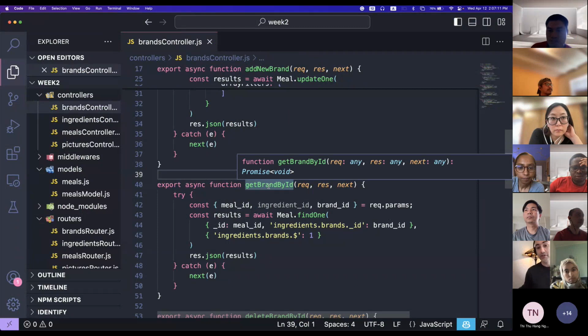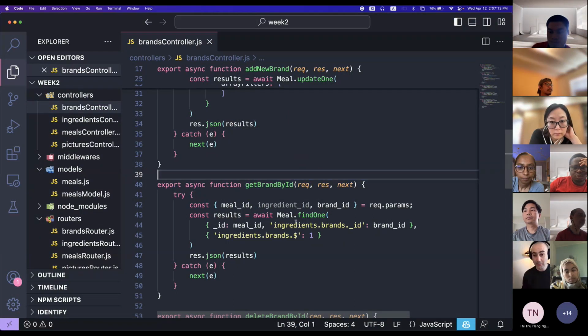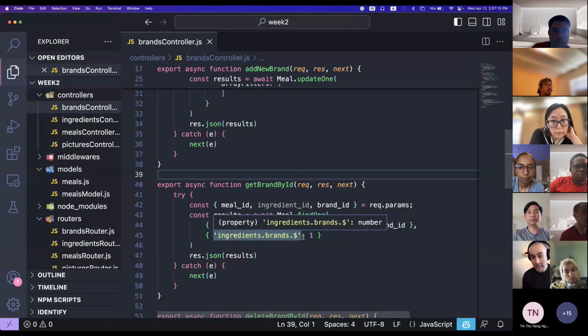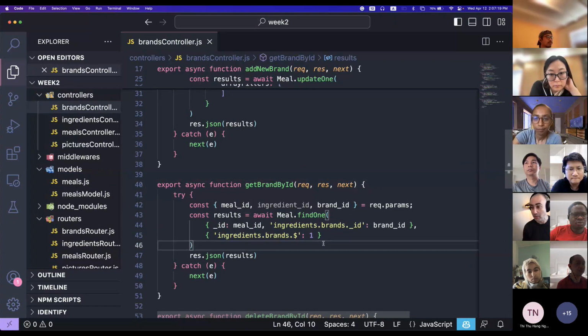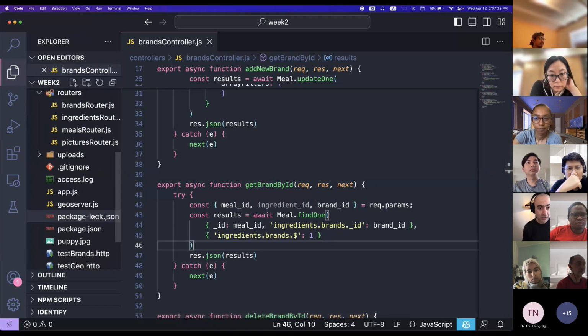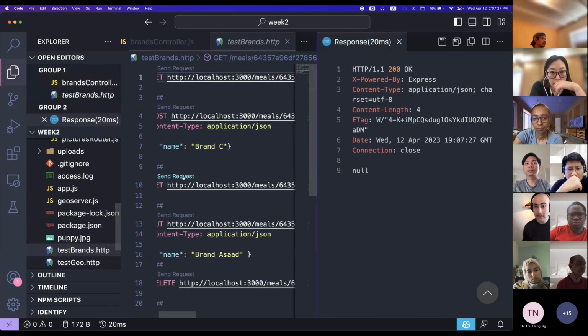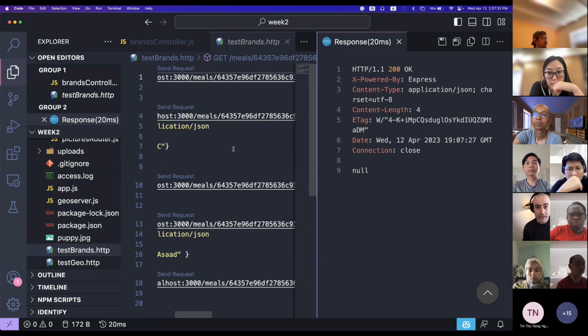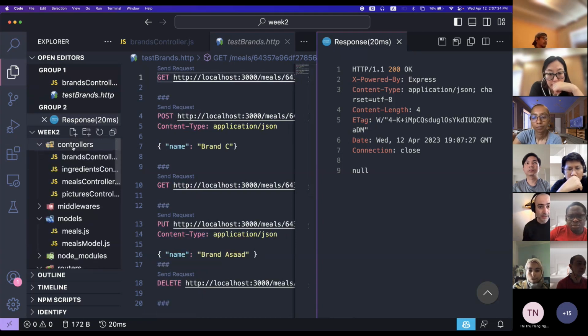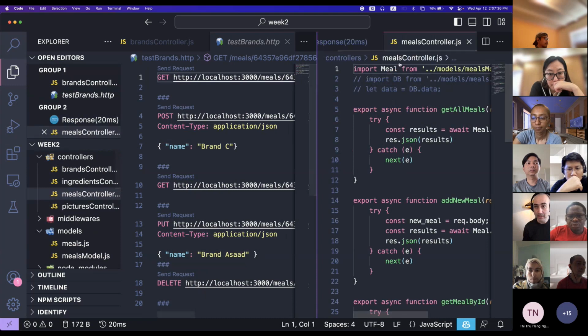So let's continue working on the brands. At some point, we tried everything yesterday, and we're still getting a bunch of data that we absolutely don't want. Let's test that. So here's brands test. Get me this single brand, null. So obviously all the properties were changed. I'm gonna try to find the correct